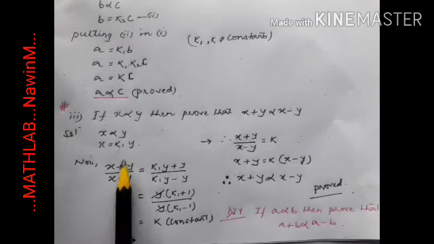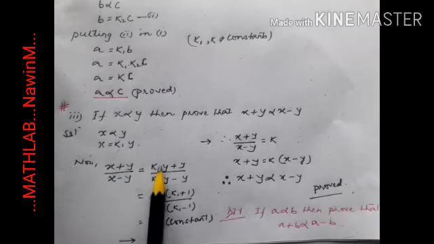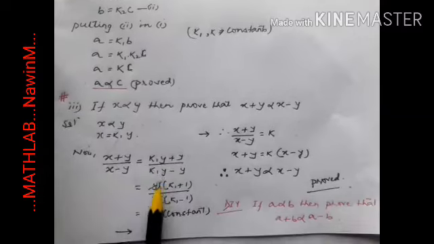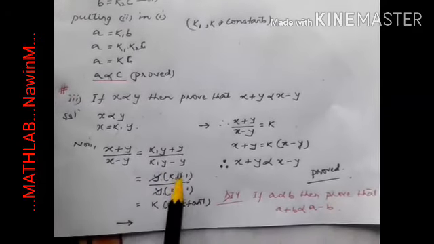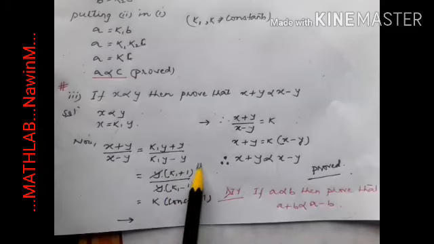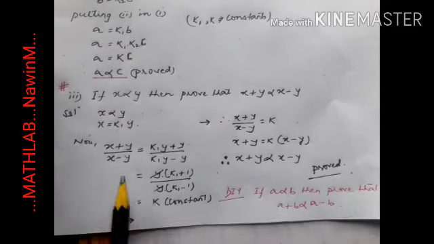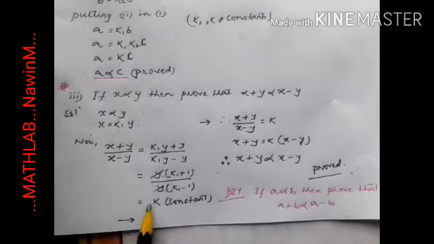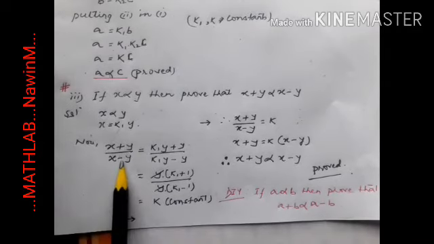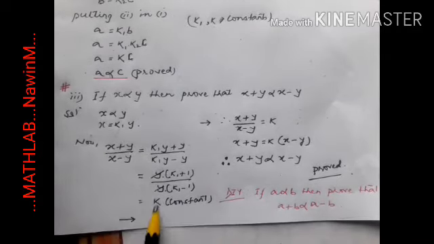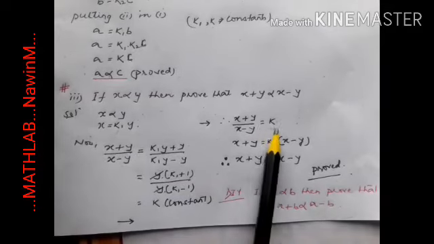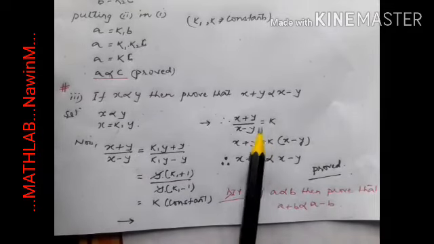Then you see this can be written as x is k1y, y is y. Then what you do, y common, you can take, y cancels, then all that remains are the constants, and all these constants can be written as a single constant. So this can be written as k. Study it very carefully. This can be written as k here. Then below k you can consider 1, and is equal to 1